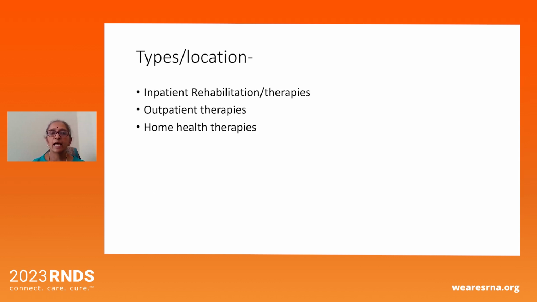Rehabilitation can happen in different areas. It can either be in an inpatient setting where therapies are provided to the patients, or in an outpatient setting. And sometimes, if neither of these two are an option, then home health therapies are also provided. Inpatient rehabilitation can be of two varieties: an acute care inpatient rehabilitation setting, or a subacute rehab where the focus is more on ensuring that the patients get their medical care in addition to the therapies being received.